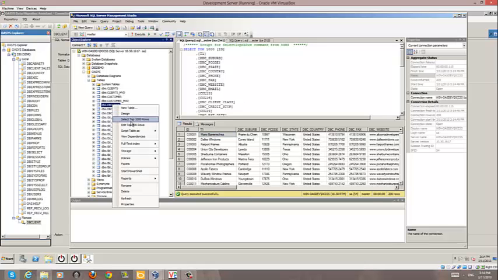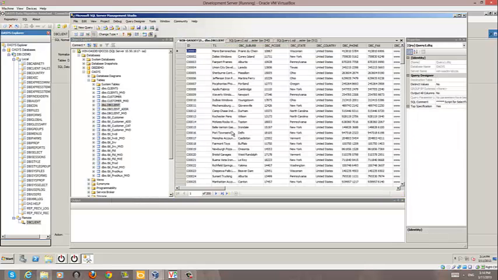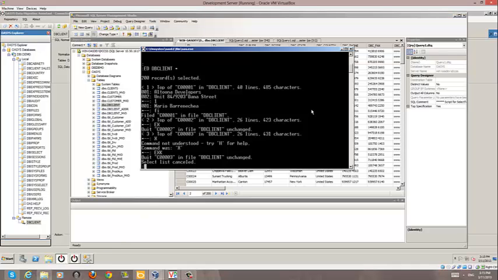So, and I can also do this. I can edit the top 200 rows. And then let's change this to John Doe. And we can commit this change. Oh, sorry. Enter, and the change is committed. Now we can go back and edit that record,